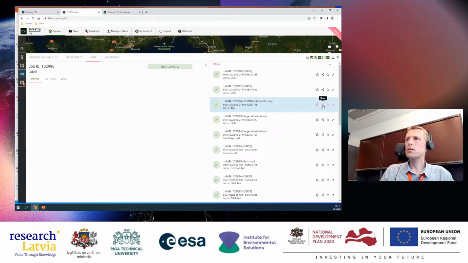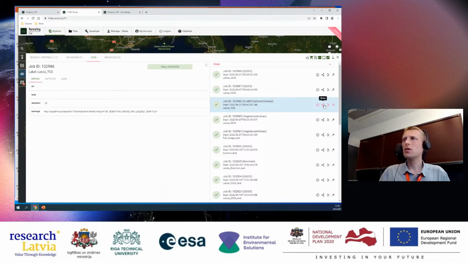And here, an important button again, if you want to share this job with other users, you can click this share button and choose a group that you want to share it with. And an even more important button, this edit and rerun button.